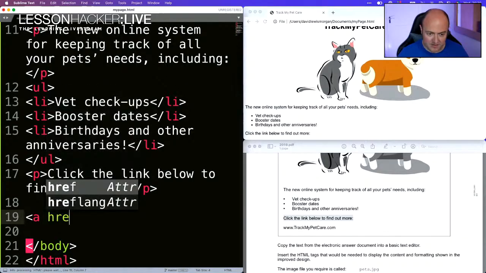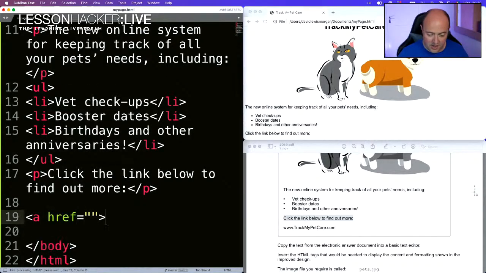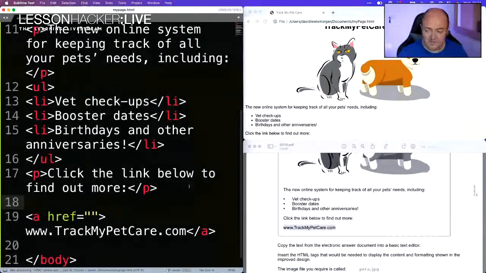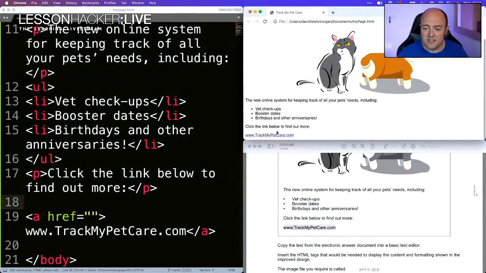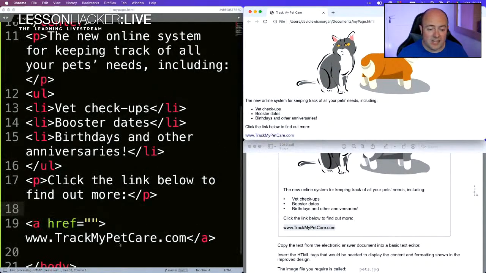A space href equals. Now, href stands for hyperlink reference. Everything between this tag and its closing tag will become a hyperlink. I'm going to copy that text and put it there. This is going to be my hyperlink. If I save it here, you'll see that it's in there, but I wouldn't get any marks for this because